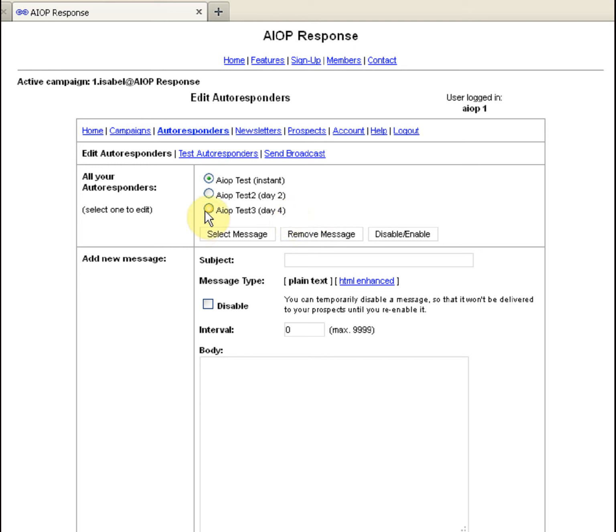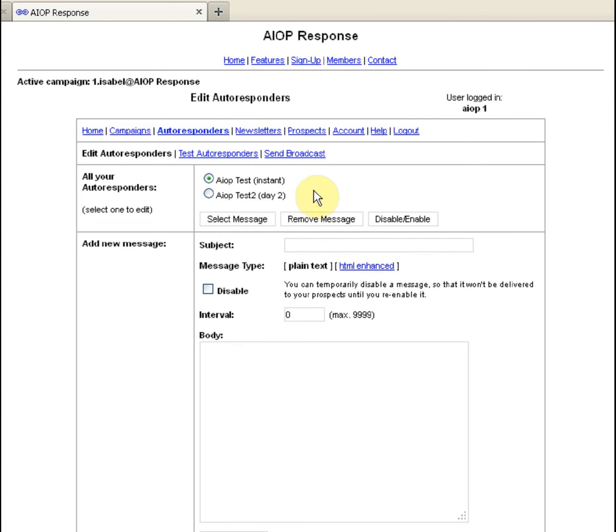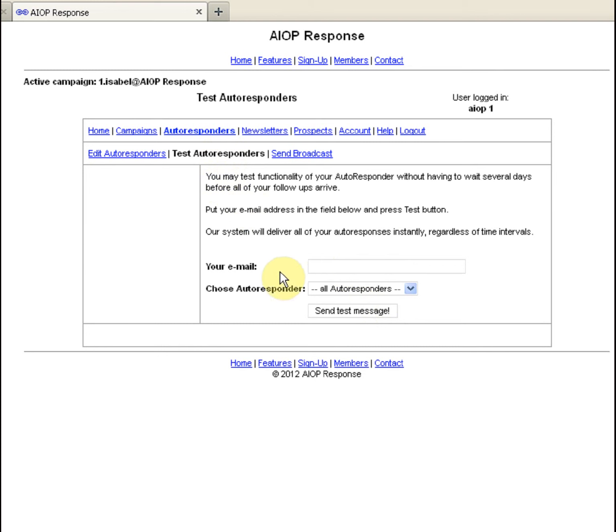If I want to remove a message and follow-up, I just select the follow-up I want to remove, and I click remove message, and now I removed the third one. We have 2 follow-ups. If we want to test our follow-ups, just click test autoresponders, and here we choose the autoresponder, the follow-up, the email I want to test. I want to test the first one, and here